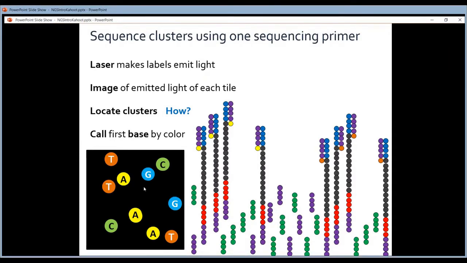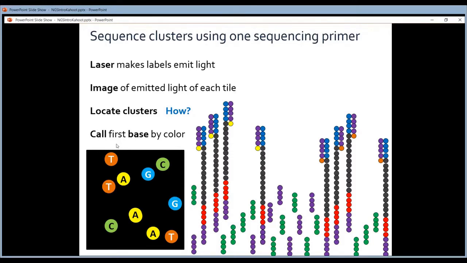It's just going to see where there is a signal above background. So all the spots where it can see a detectable signal are considered clusters. And then, in the next step, it is going to interpret the signals. So it's going to see which color they have, which wavelength was emitted.